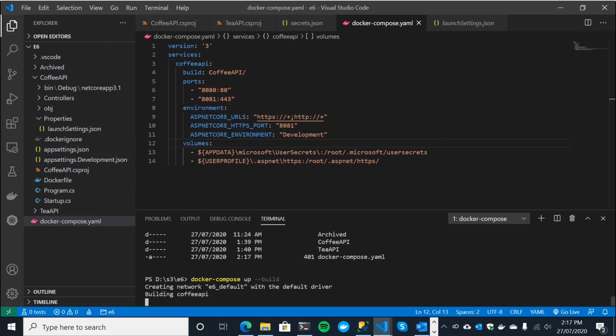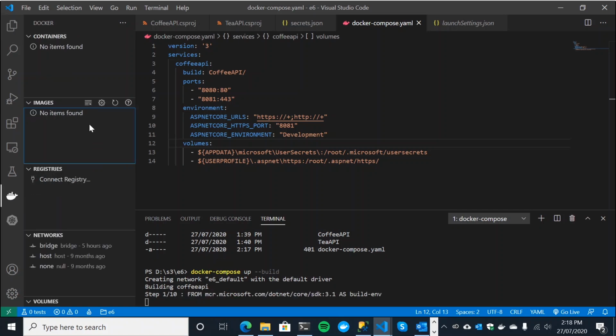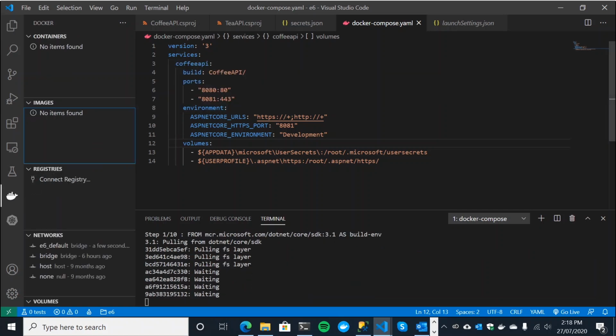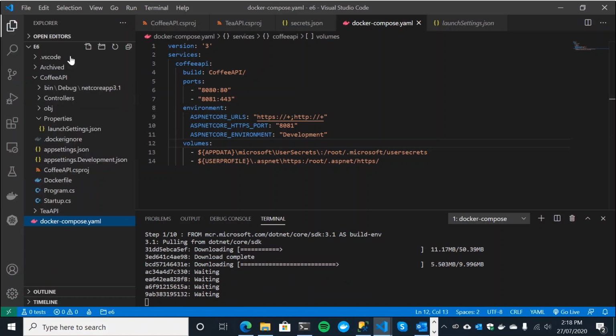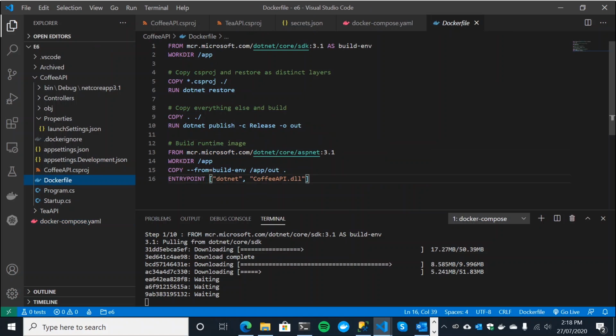Now, it might take a while actually. If we pop over here, yes, it will take a while. So it's going into our Docker file, and let me show you the Docker file. It gives me an opportunity to explain it to you because I feel a bit rotten that I didn't do that. So basically it's going away and it's stepping through this Docker file for our coffee API, and it's pulling down this first image.